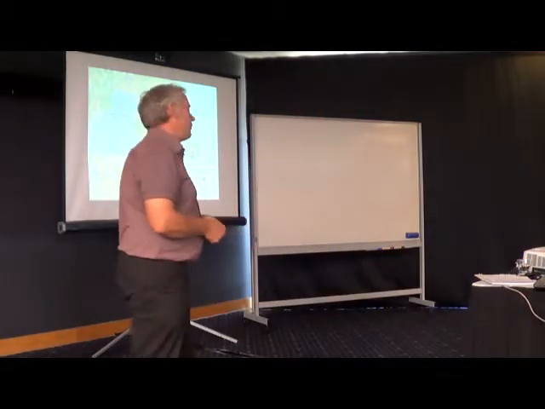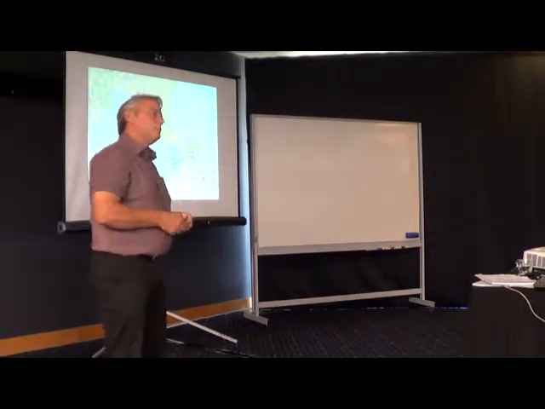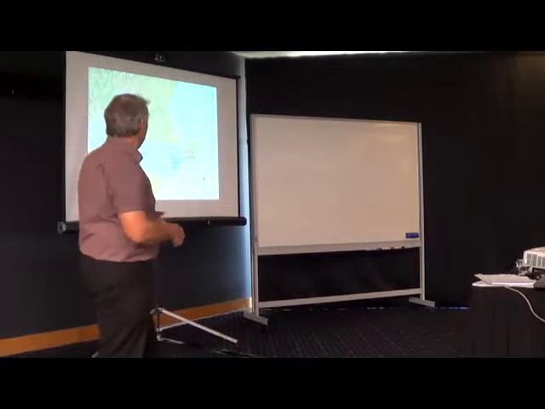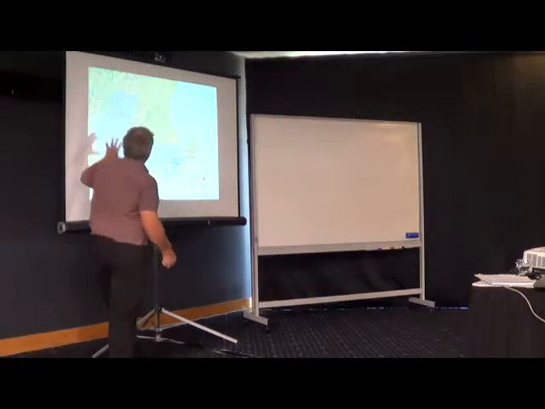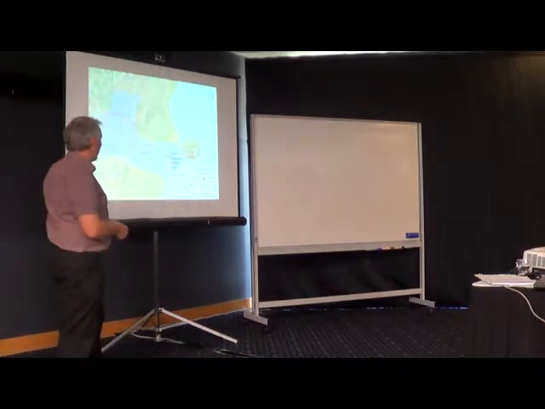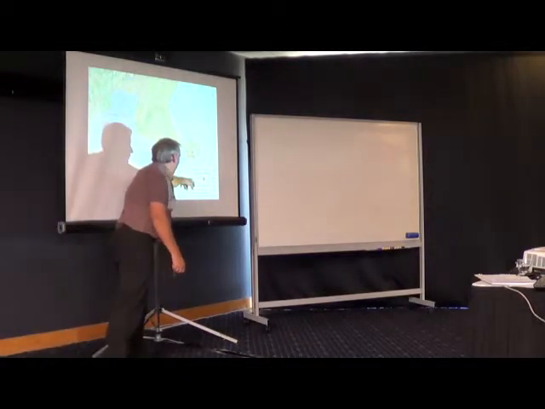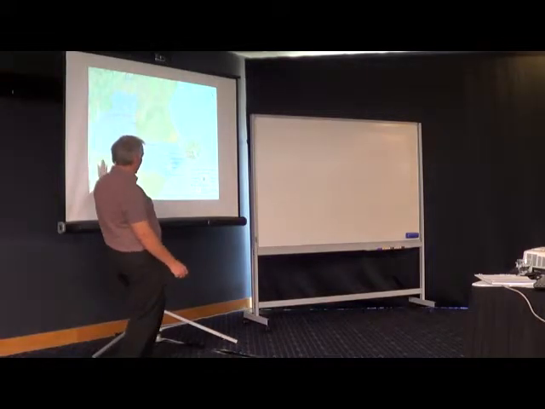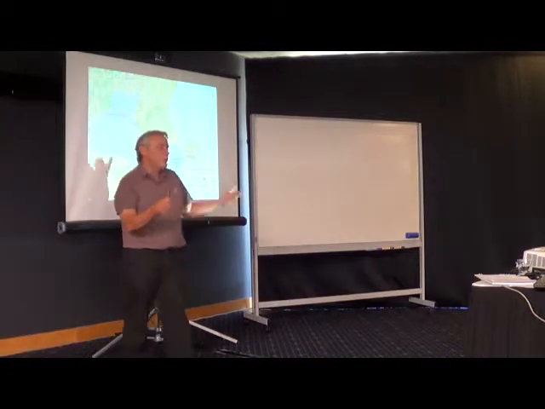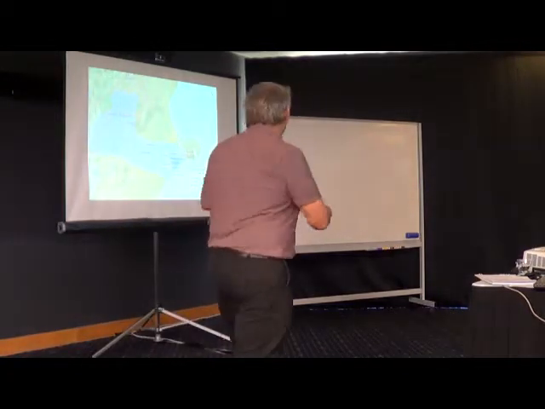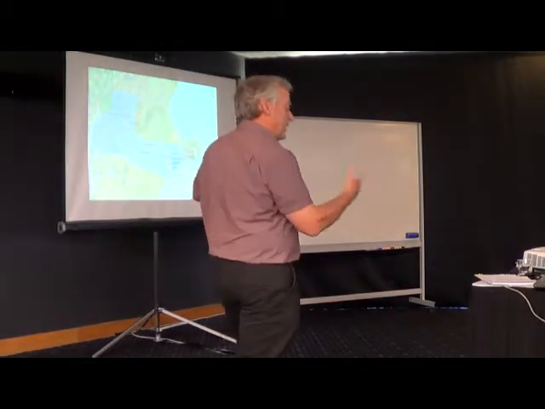What our staff have been doing in recent years is every year pulling the data together to service different customers. And now the zone committees are one of the important ones. So here's the Selwyn Te Waihora Zone Committee. Every year we'll pull the data together for each of the zone committees and present it in this manner, where each of these symbols is illustrating the invertebrate grade, in other words how healthy the ecology is, on the left-hand side of the figure, and the habitat grade, which is how healthy the habitat is, on the other. And this is a sort of first cut illustration of how things are looking, and this may change slightly each year.